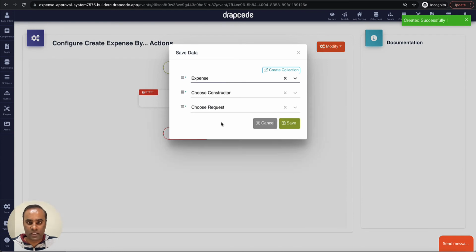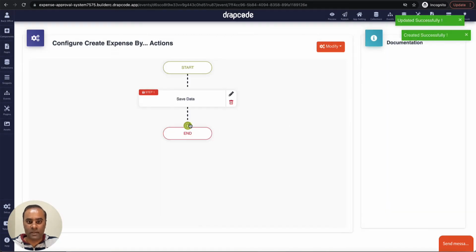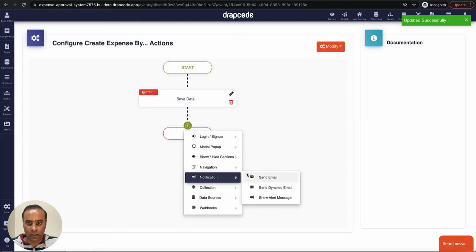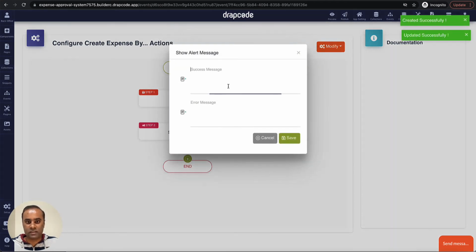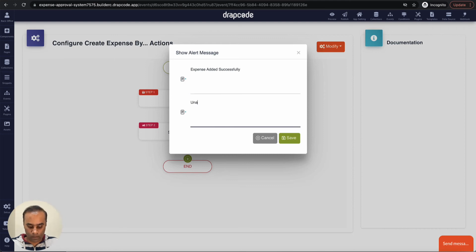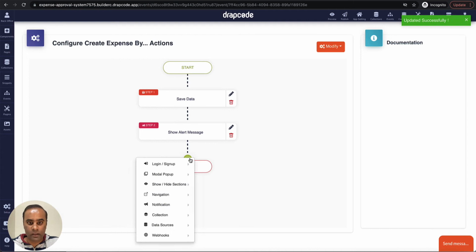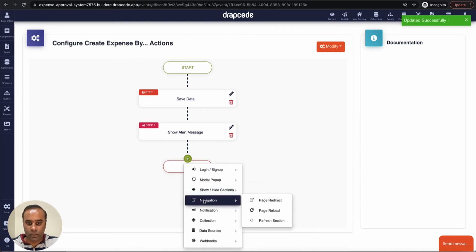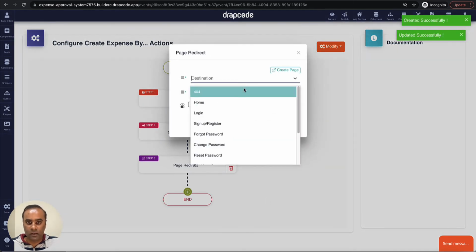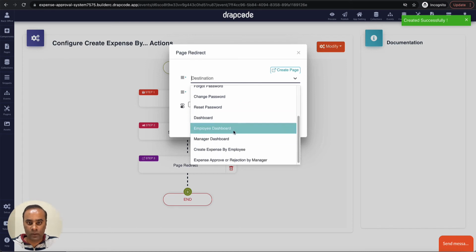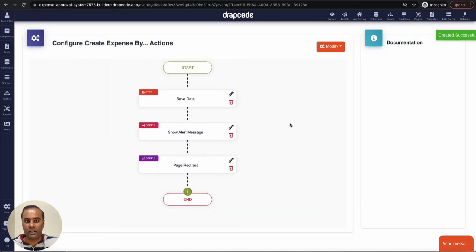Here we'll choose expense, go and save the data in the expense. Then maybe in the notifications, show a success or failure message. Okay, and redirect the user back to the dashboard. In the navigation page, redirect back to the employee dashboard, since employee is adding those claims.